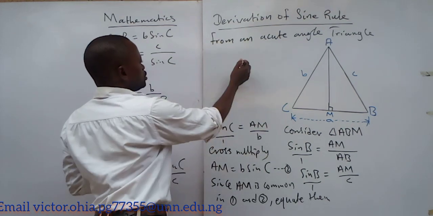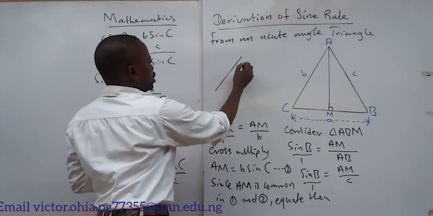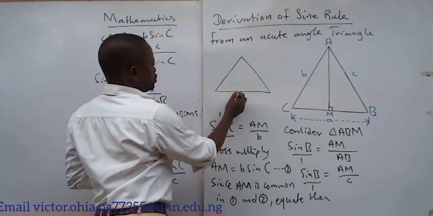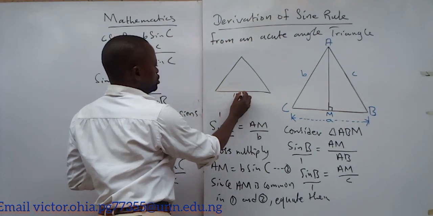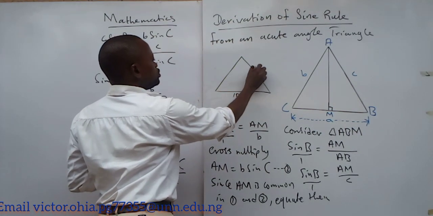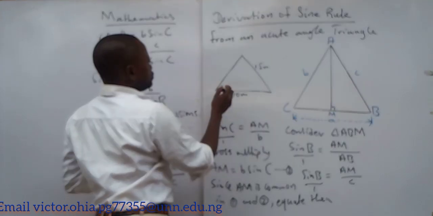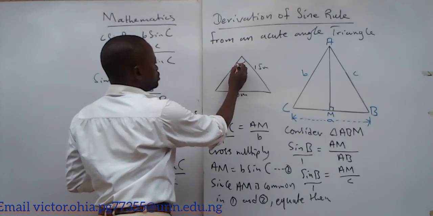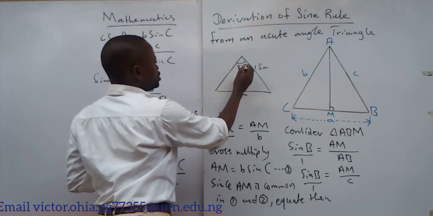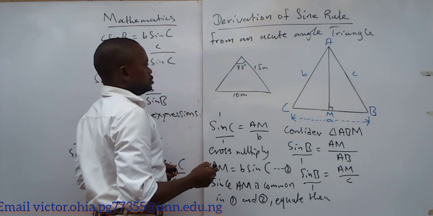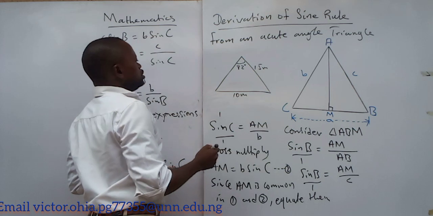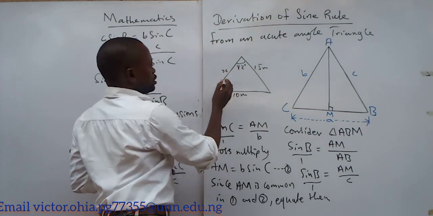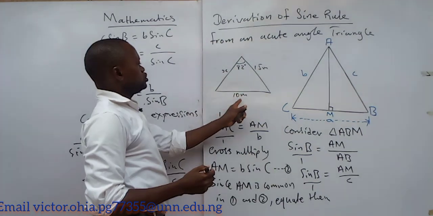If you have something like this, and this is a triangle, and you have two sides, let's say here 10 meters, and here let's say 15 meters, and then you see that maybe this angle here is given to be 82 degrees. Okay, 82 degrees. It is very possible with this now for you to find, let's say, this place being x, because you have this over sine this